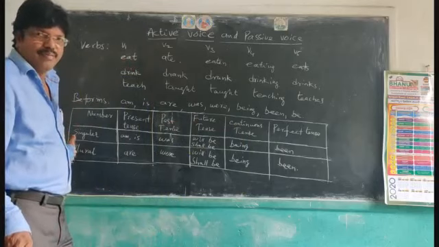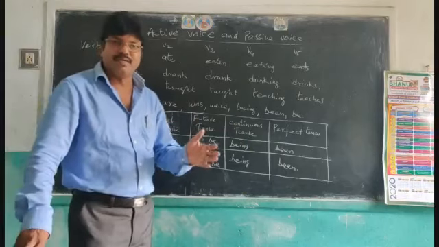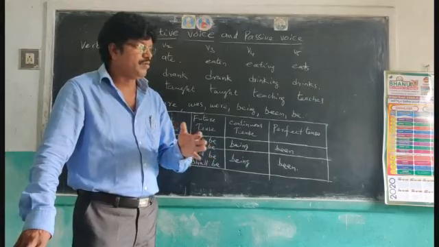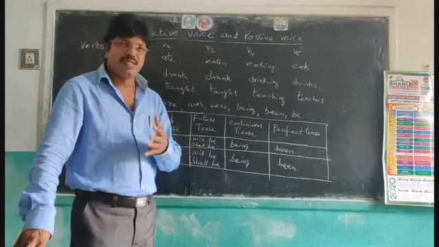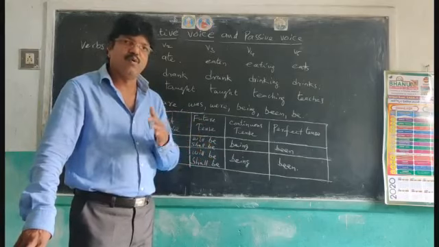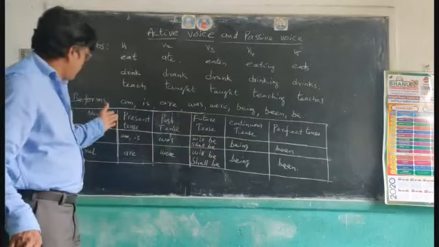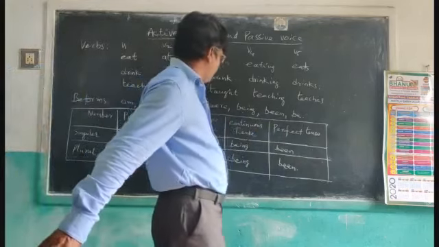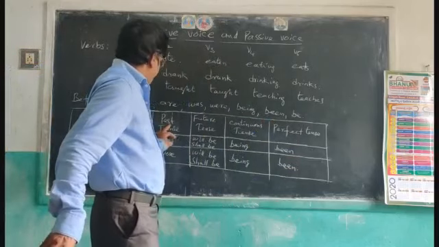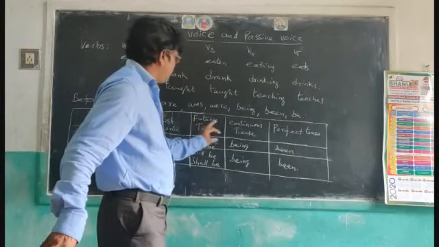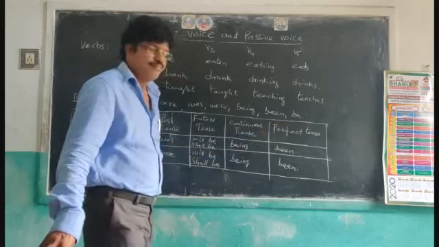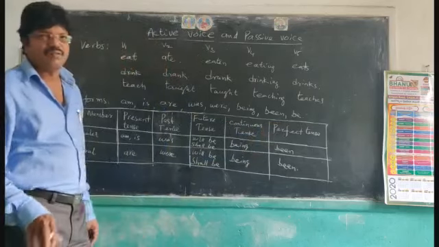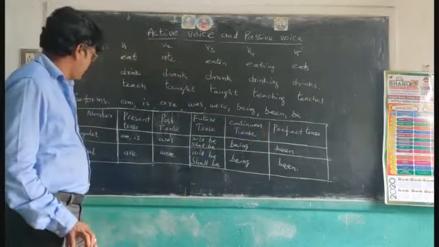We have singular number and plural number. One is called singular number; 2 or more than 2 is plural. And present tense, past tense, future tense, continuous tense, perfect tense. This is how the passive voice is formed.